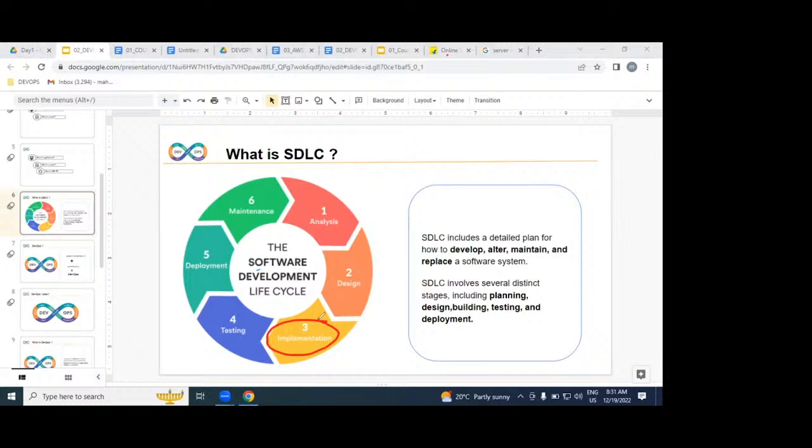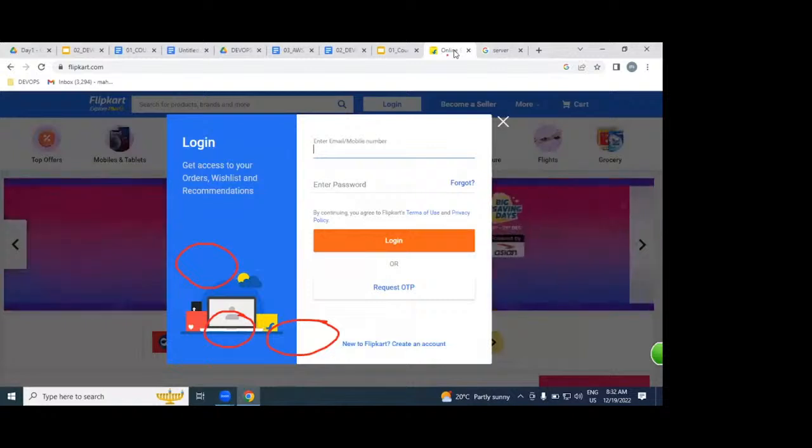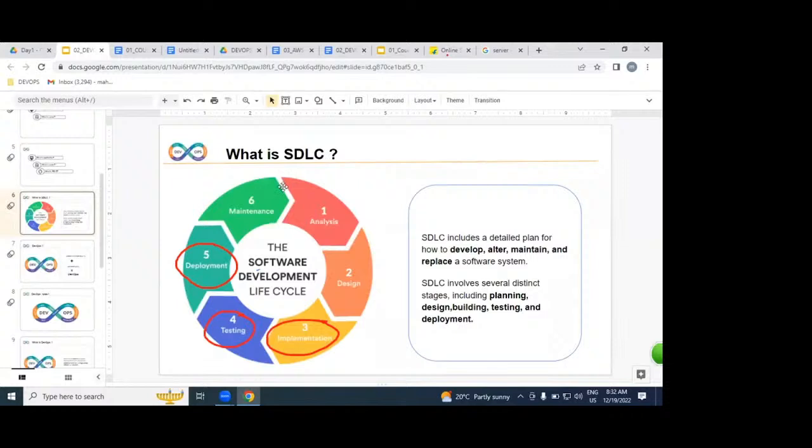But whether the software is in working condition or not, our testers will verify by using Selenium test cases or automation test cases, performance test cases or manual test cases. Once it is verified, we are going to deploy on hundreds of servers. Once applications are deployed on hundreds of servers, we can access them over the internet as a website. Once it is accessed, that's it. No, we also monitor and maintain whether this application is in working condition or not.